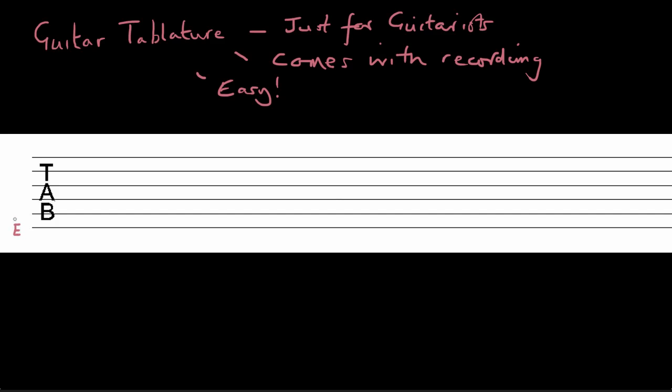And so after that, the second lowest string is the A string. The next string up is the D string. After that comes the G string. Following that comes the B string. And following that is the E string, the top E string. So this is the high end of the guitar, the E string that comes right at the top of the instrument, and this is the lower E that comes right down at the bottom.